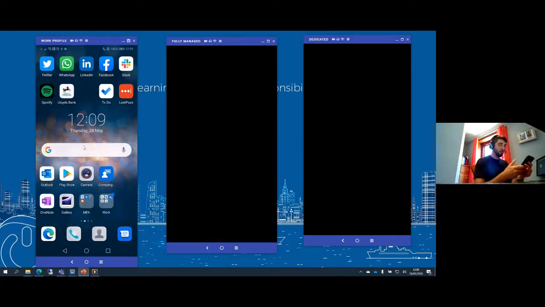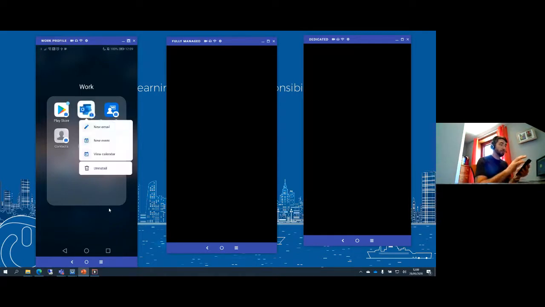So on this particular device, again reiterating, a Huawei P20 Pro on Android 9, it's created a work folder, which contains all of the badged apps. As you can see, I now have a badged Outlook app on my device there, and an unbadged one on the left-hand side. So we launch the Outlook app,